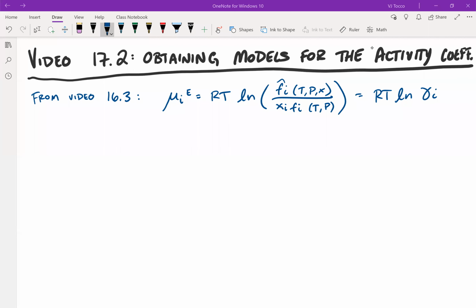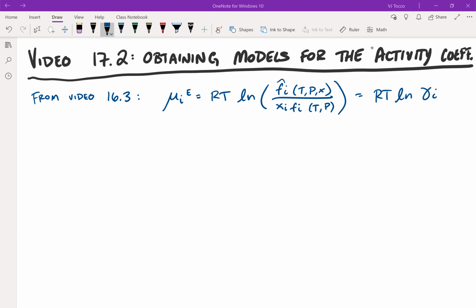In this video, I'll talk about how to obtain models for the activity coefficient, and we'll end up with the expressions for the 1-parameter and the 2-parameter Margules expressions that I introduced on Monday. So recall that from video 16.3, I can say that the excess chemical potential of species i equals RT ln